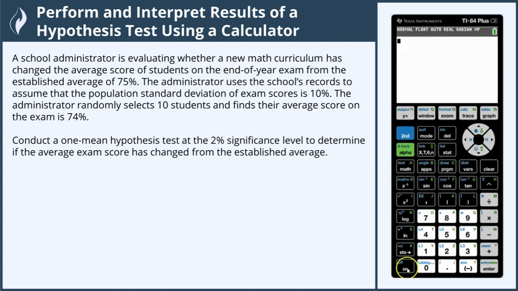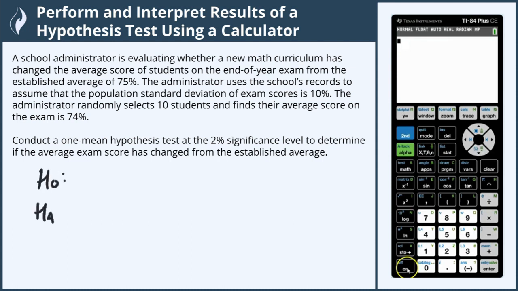Conduct a one-mean hypothesis test at the 2% significance level to determine if the average exam score has changed from the established average. So the first thing we need to do is come up with the null and the alternative